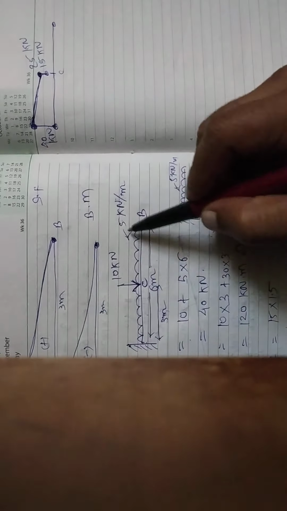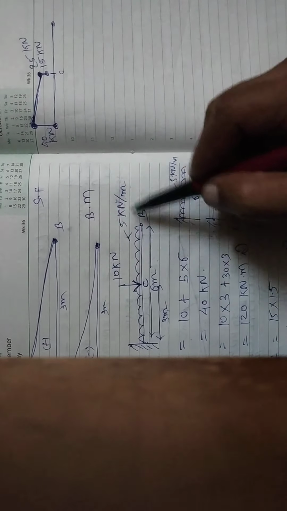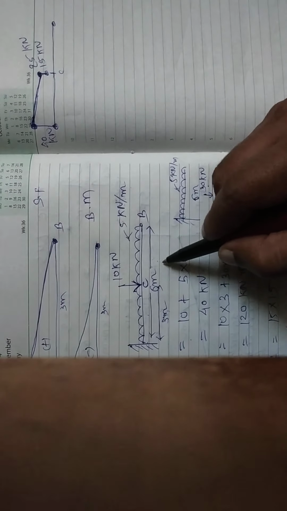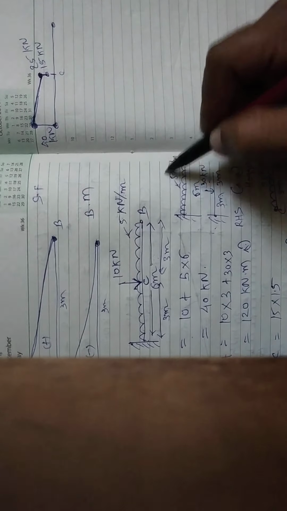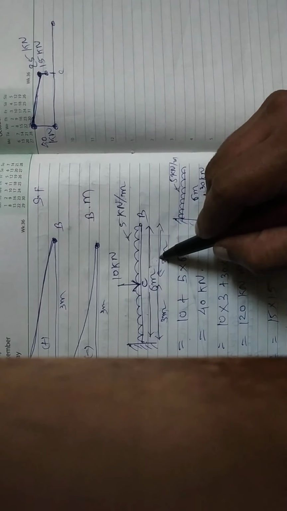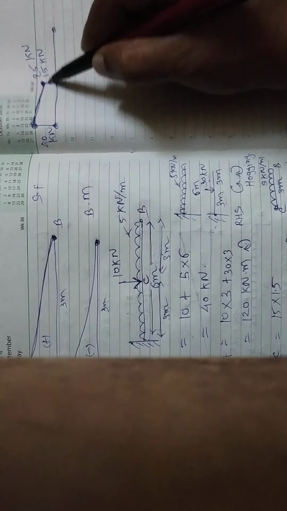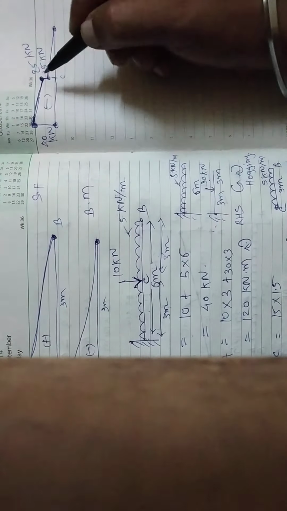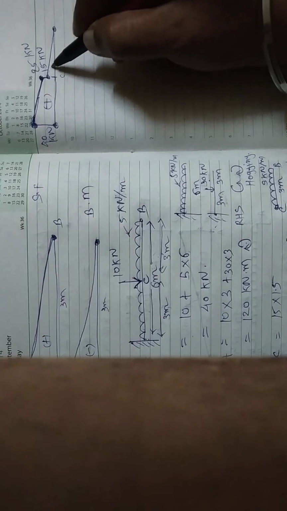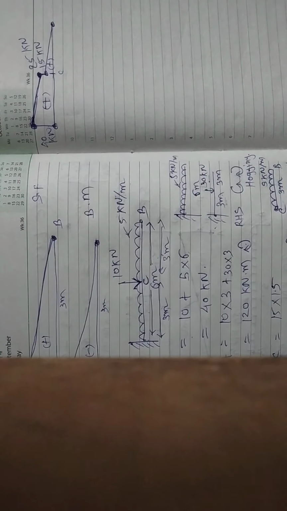UDL on this another side, this one having a magnitude of 5 kilonewton per meter and having a span of 3 meters. So you can write the another span is also 3 meter, as the total span is 6 meter. So for this 3 meter, 5 into 3, 15 down. So if you go 15 down, then once again it will become a 0. So overall you can say the shear force diagram will be positive as it's totally on the upper